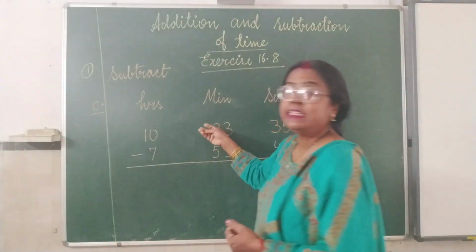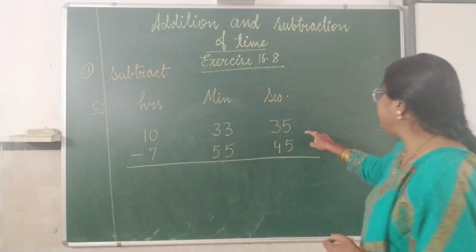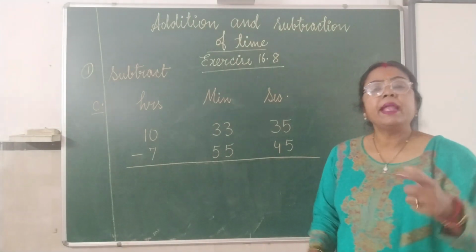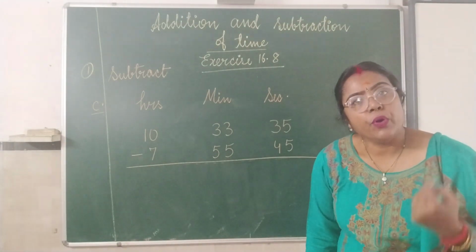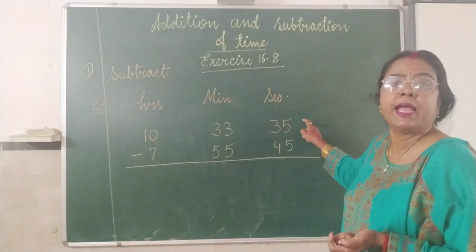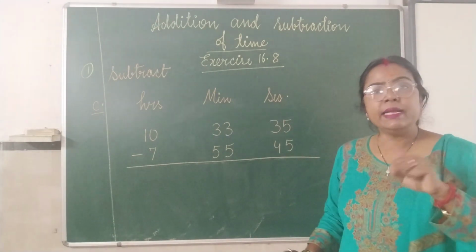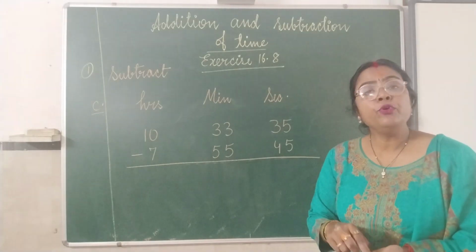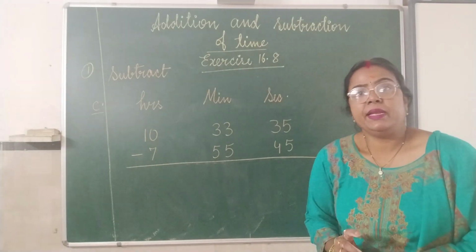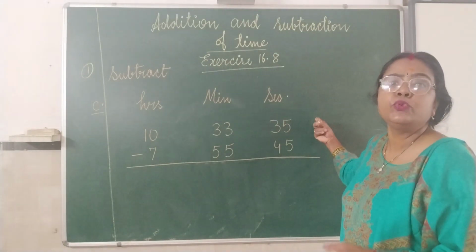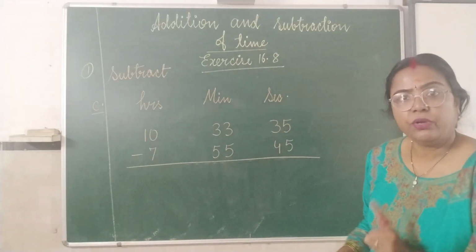Okay, now I have changed this question. In the book, the question is given 45 minus 35, but I wanted to explain to you how to take borrow, so I have just changed the subtrahend and minuend here. But in the book, it is not like that. So you have to do only that question which is given in the PDF. You don't have to worry. It is just to explain to you. I changed the question. Okay.